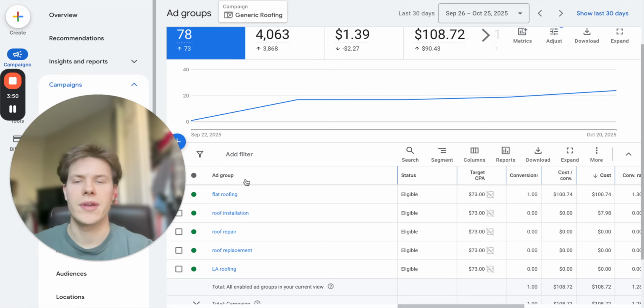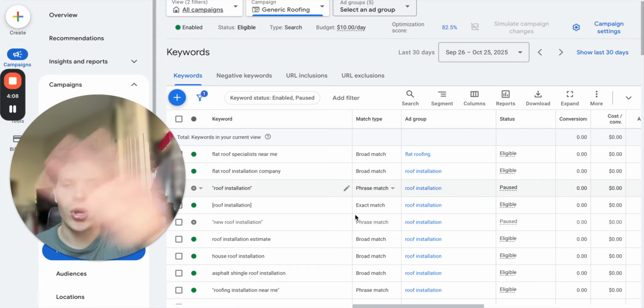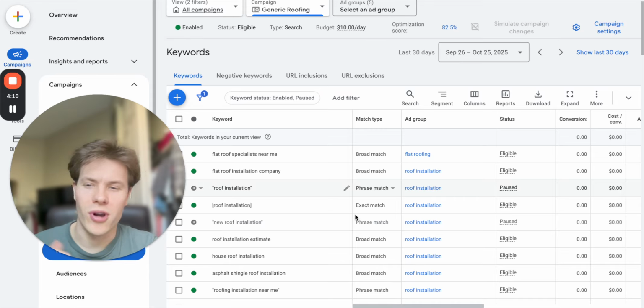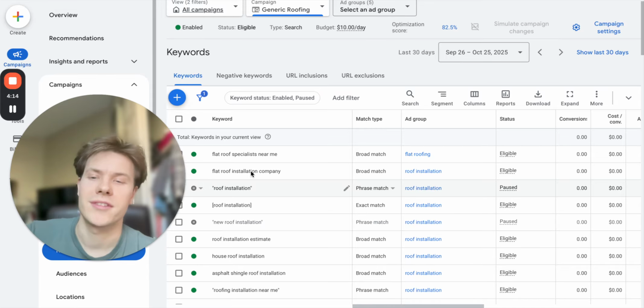Okay, so they are running all broad match keywords, or at least for the most part. We don't run broad match over here, guys. We don't do that unless you really know what you're doing. Easy fix here, switch all of this to phrase and exact match, get rid of the broad match. We don't want broad match. It's going to eat up our ad spend. Don't believe me? Let's go ahead and take a look at what kind of searches these broad match terms are